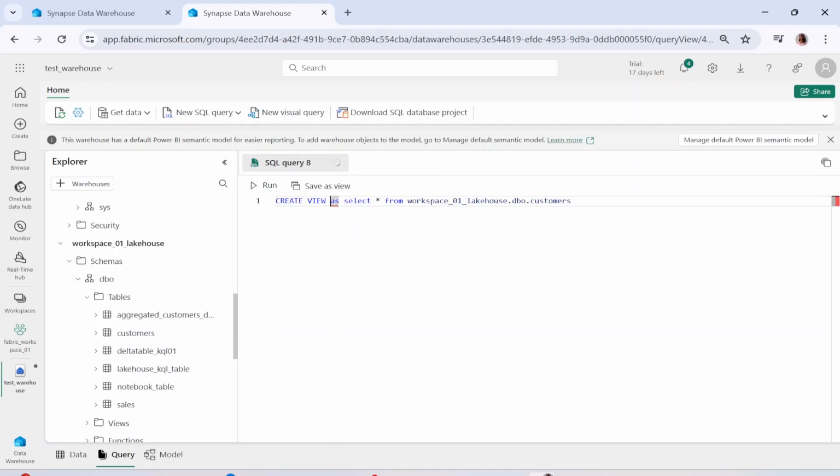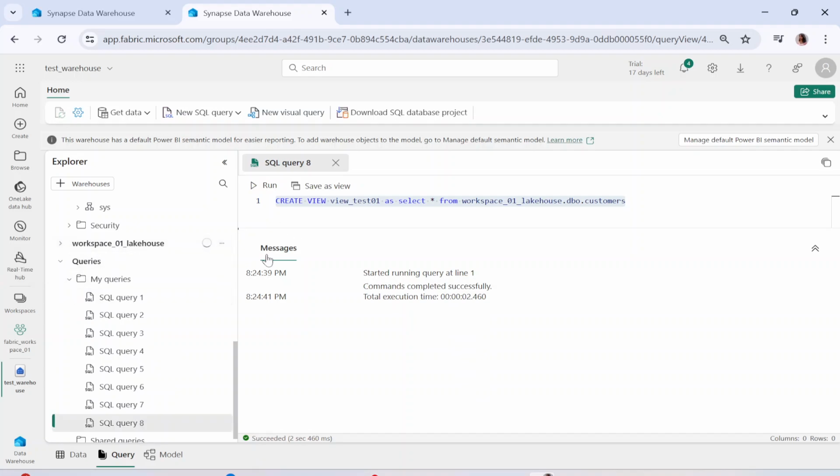Okay, and now let me name the view. Let me say my view name is something like view test 01. Now, what is exactly happening here? I'm creating a view as select star from this particular warehouse. This is the warehouse that has been created. So I'm referencing the data present in this warehouse and creating a view. So the moment I run this, what will happen? Let me select this option and simply run it.